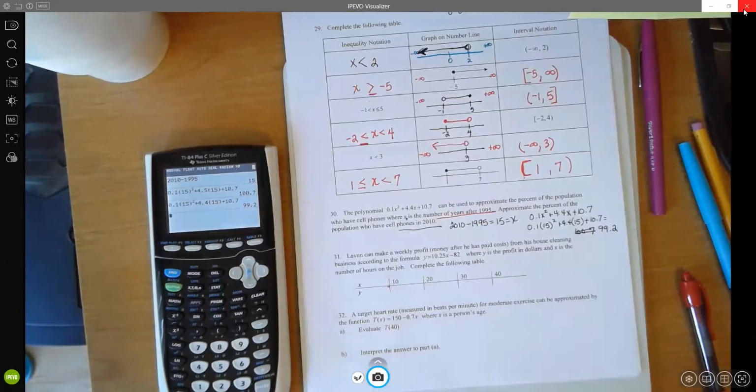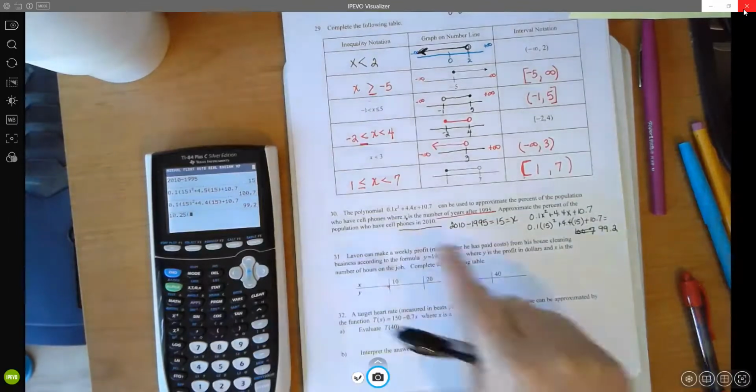Okay, let's look at problem number 31. Levon can make a weekly profit of money after he has paid costs from his house cleaning business according to this formula. So they give us a formula where Y is the profit in dollars and X is the number of hours on the job. Complete the following table. Now we can use the calculator to do this, or we can just crunch out the numbers. The formula is